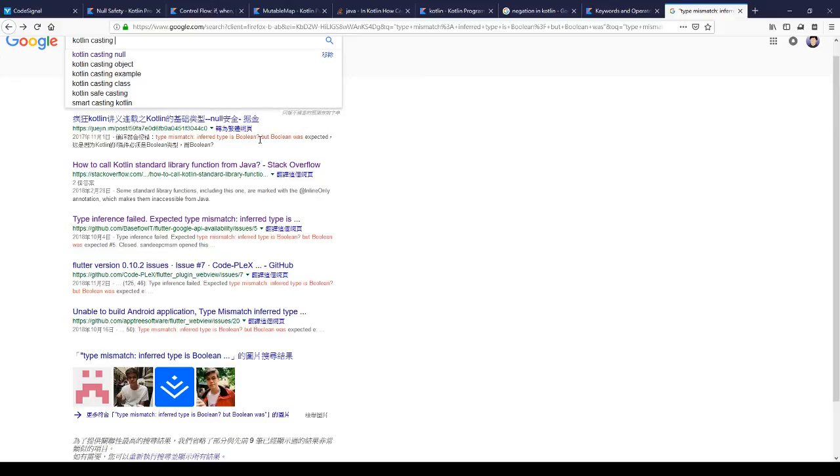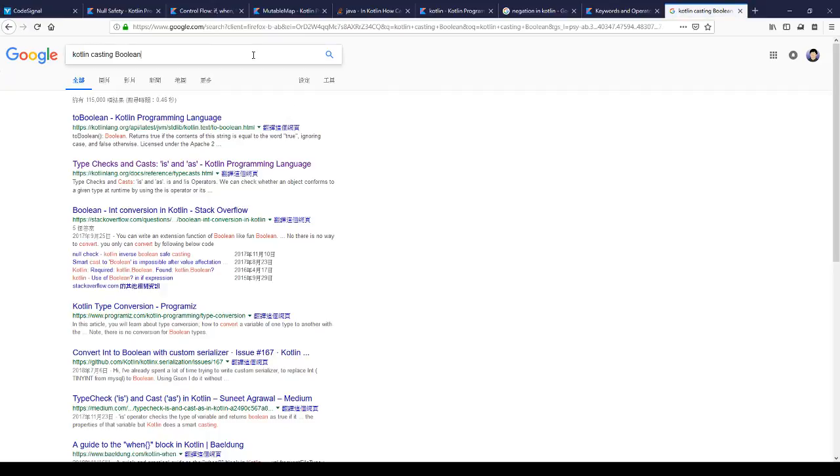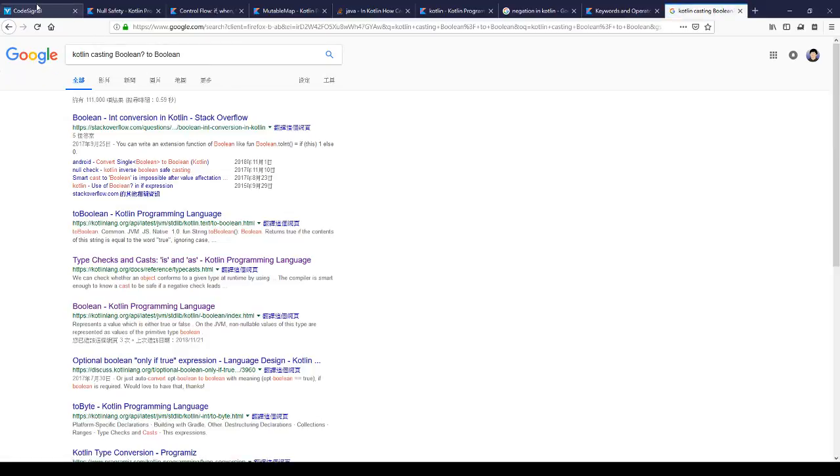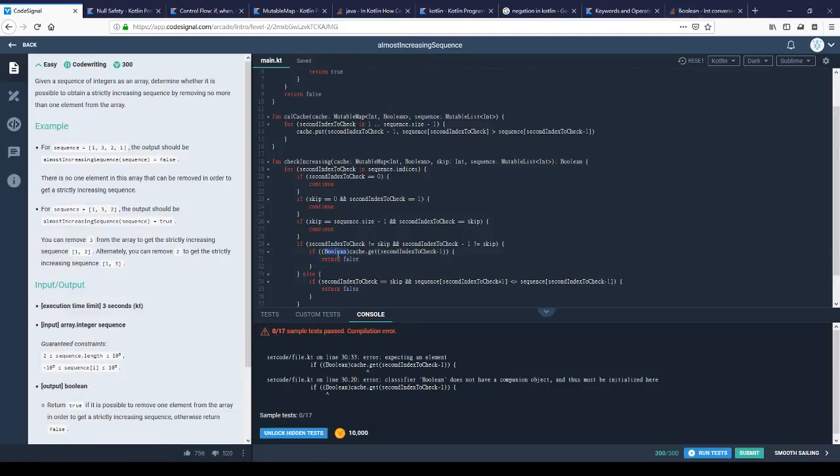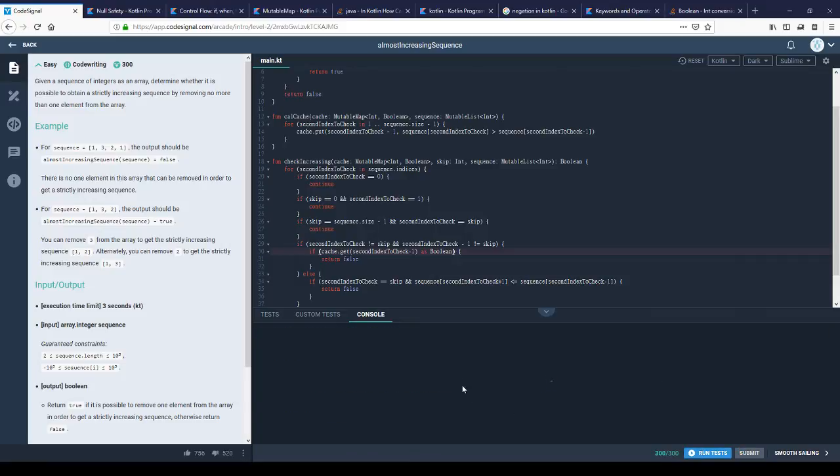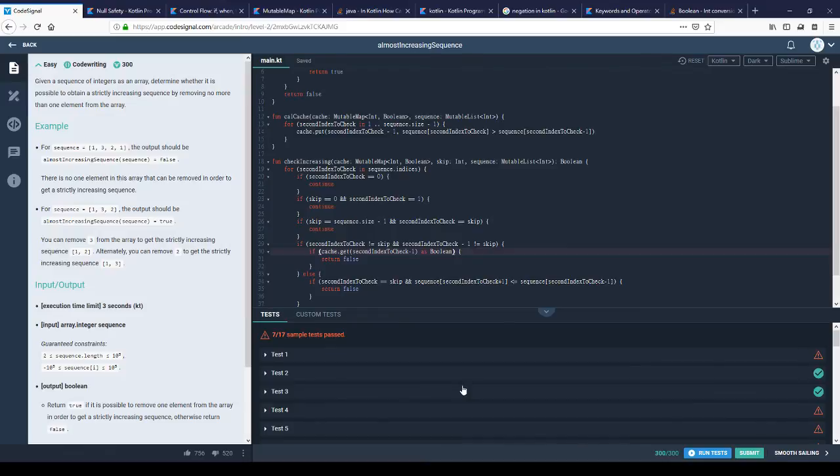Kotlin casting boolean to... maybe simply do this. As boolean. Is it going to work? Okay, it worked, but I need the negation, so